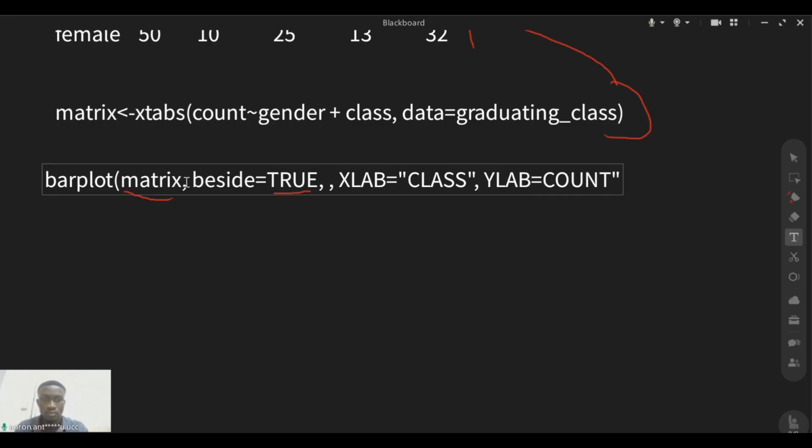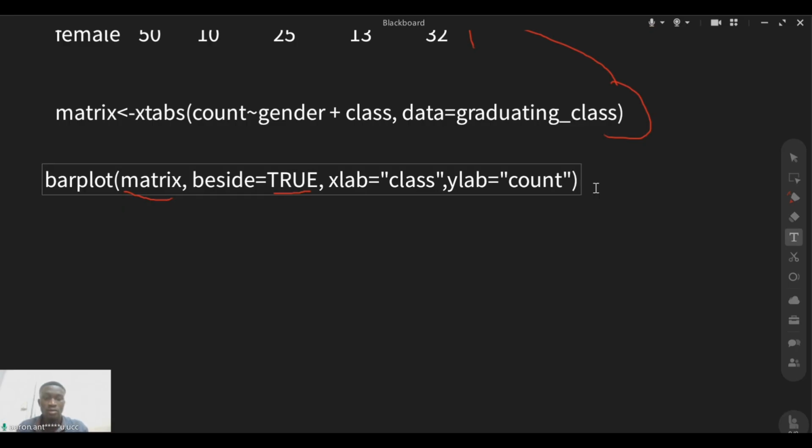Okay, it's supposed to be in small cap. So we have xlab equals class, and then ylab is equal to count,